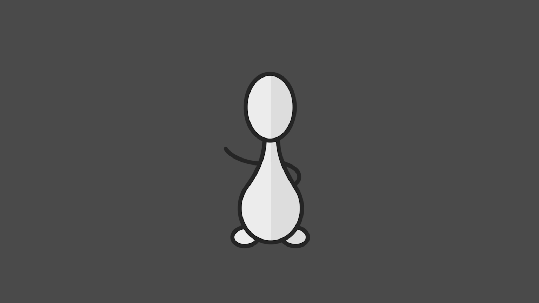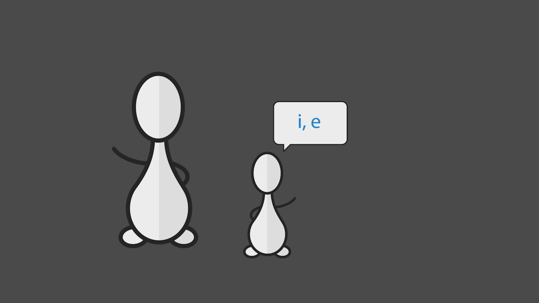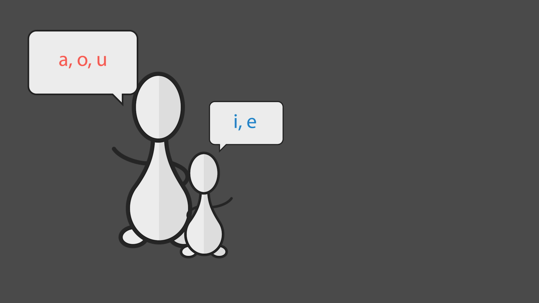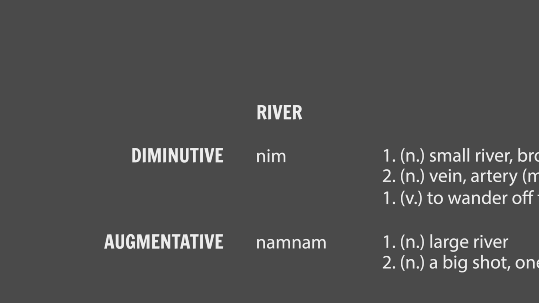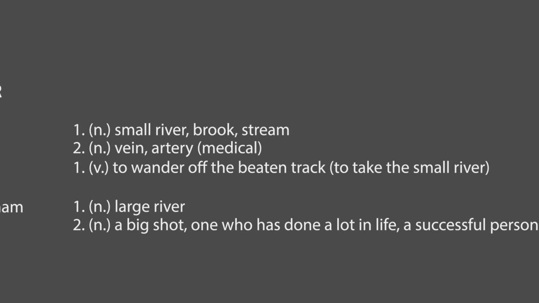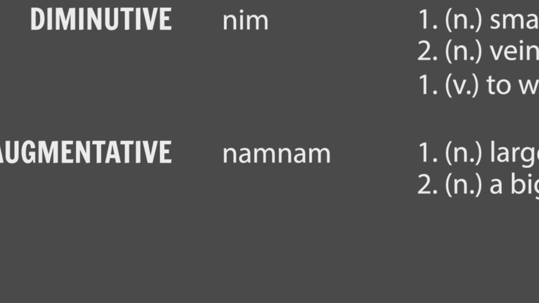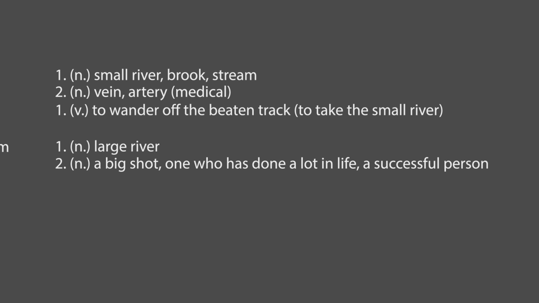Now, although contentious, one can make a case that front vowels imply smallness, softness, or high pitch, whilst low and back vowels imply largeness, lowness, and low pitch. At least in English this kind of holds, but it also kind of doesn't. Either way, let's use this particular sound symbolism as inspiration for more derivation. The vowel change in neem gives us a smaller version of nam, so a small river, and also the small rivers of the body. And nam is a reduplication of nam, hinting at a larger structure. I left out the verb here because you really don't need to have perfect one-to-one noun-verb correlations.